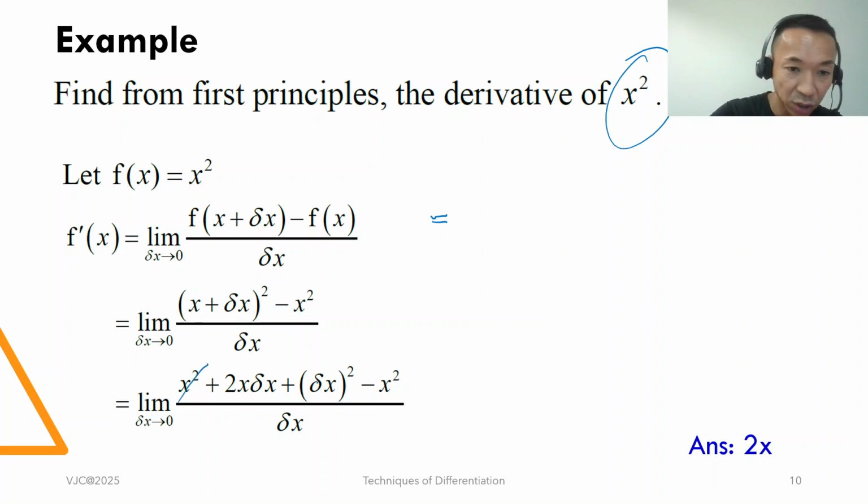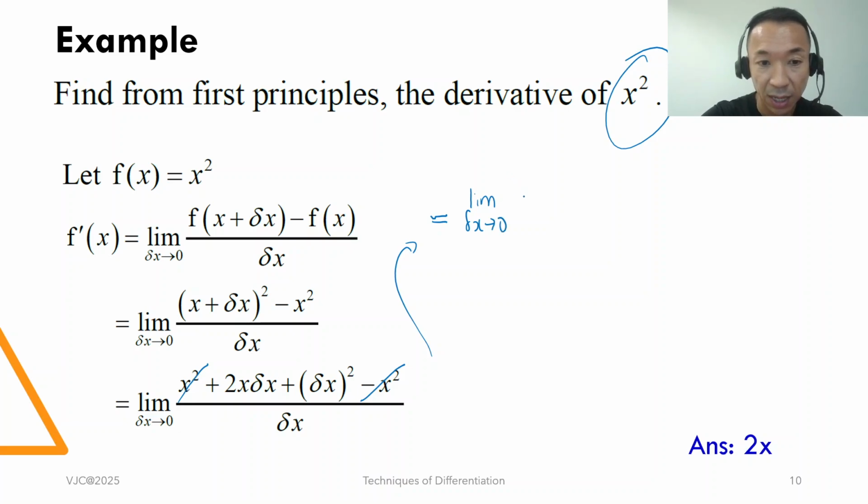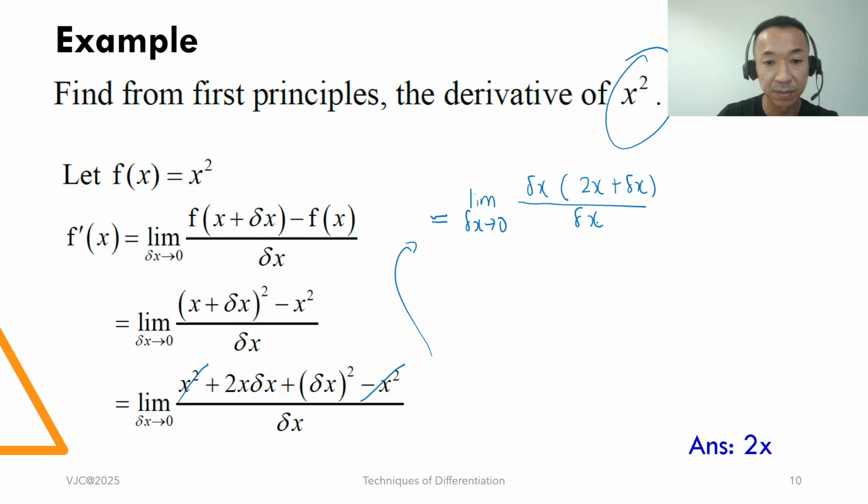I carry on by writing it here. My x squared and my x squared go. Correct? Yes. And then I carry on from here. Delta x tends to 0. I factorize my delta x out. I'll get delta x times (2x plus delta x), divided by delta x. And my delta x goes, I will get this limit as delta x tends to 0,